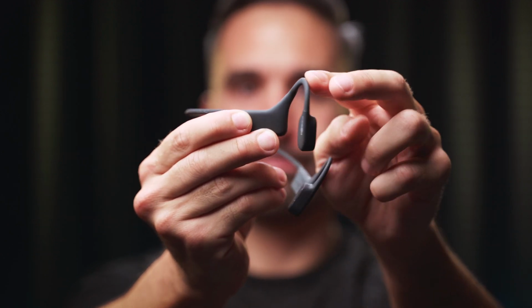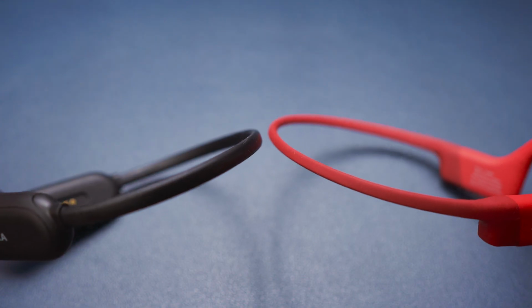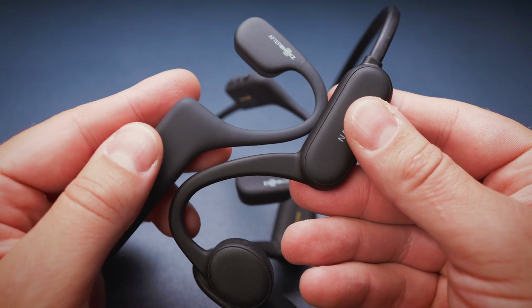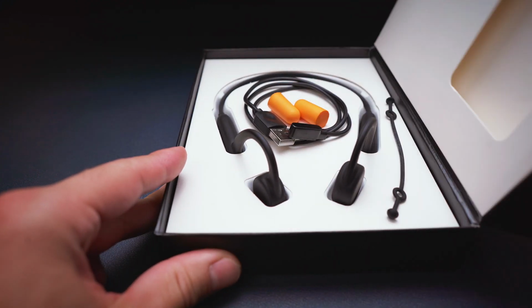I'm saying this because even if the Runner Pro are solidly built, this form factor could only benefit from using a protective bag or case of some sort in the long run. What's reassuring, however, is that the Runner Pro actually feels sturdier and more robust than any of the Aftershokz headphones. But again, there is no protective case or pouch bundled with the Runner Pro, but what you get is a